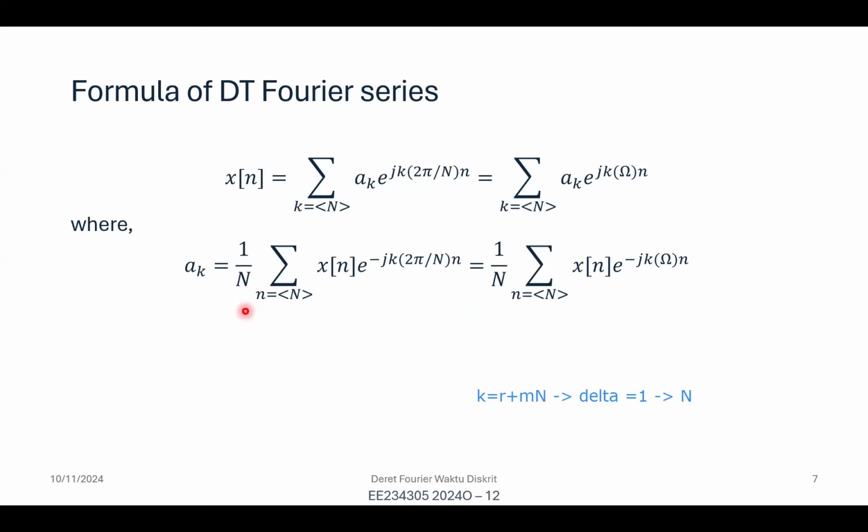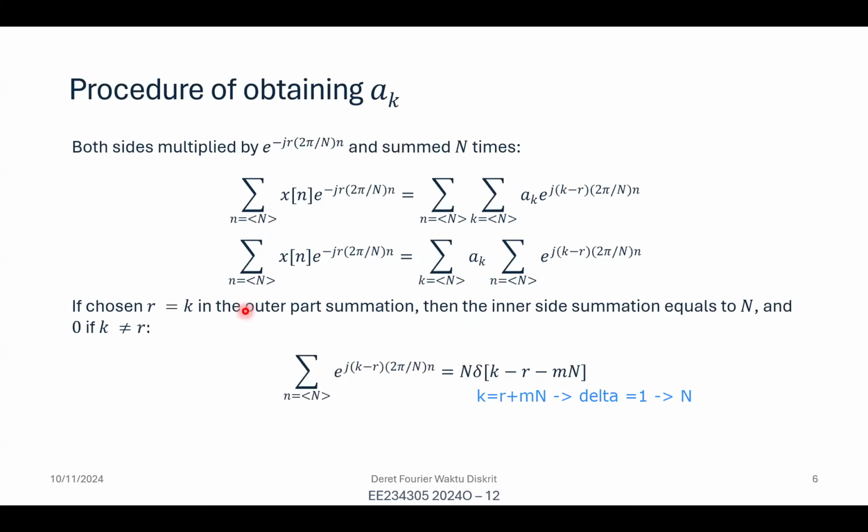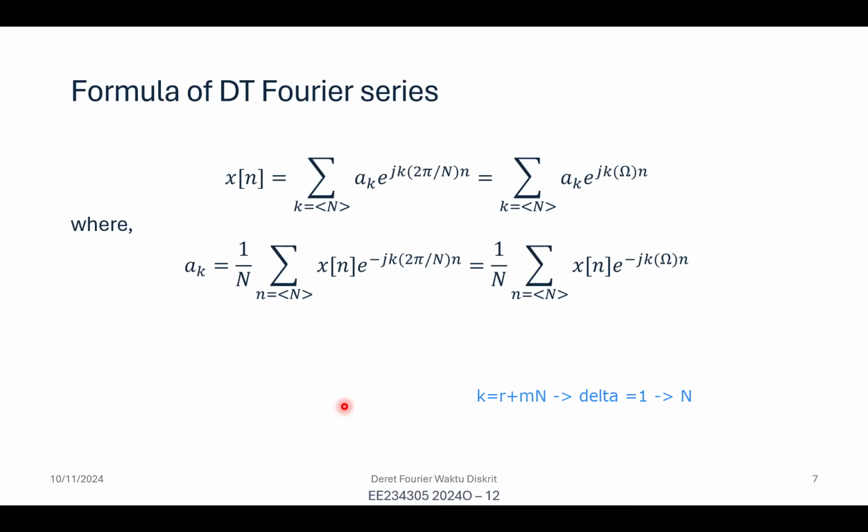All right, so from that, now we can get x[n], which is the summation of a_k times e to the power of jk 2 pi over N n. Now this 2 pi over N could be omega. So omega here is clearly 2 pi over N,